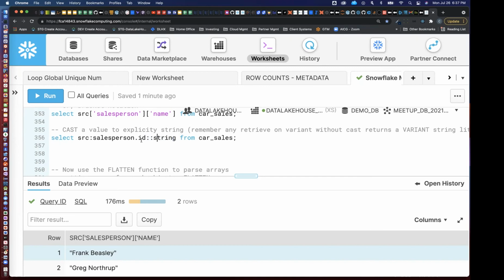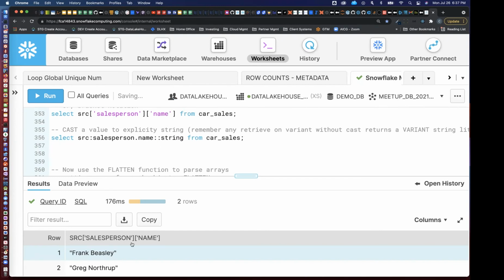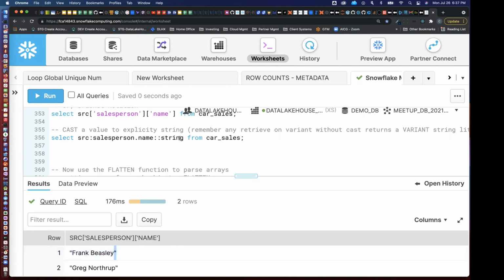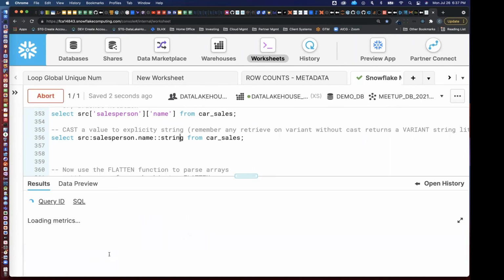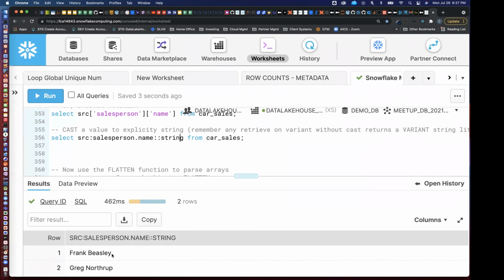So here we can see, let me actually do the same one. Let's do name. And you can see here salesperson name brackets gives you the extra quotes. So if I run this, now you see I don't actually have the explicit quotes here from a literal string. I've actually casted it into a string object where I know it's a string,